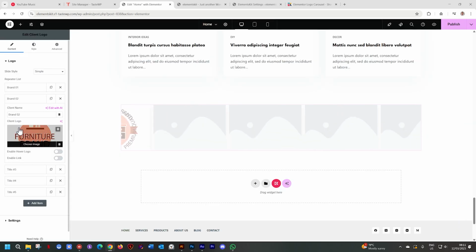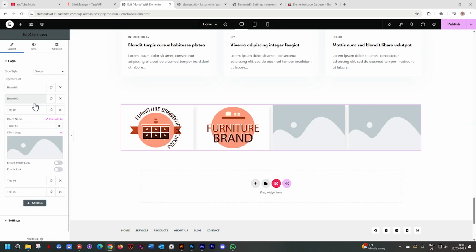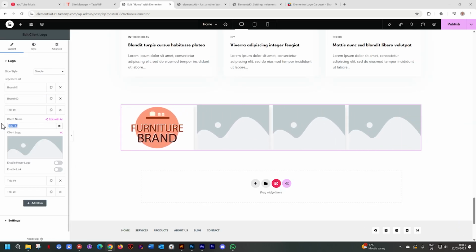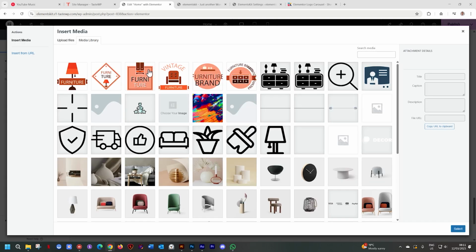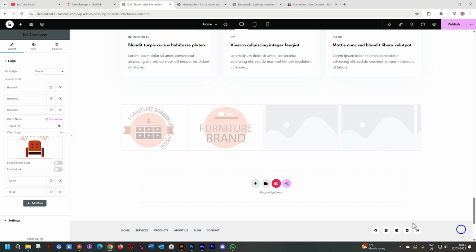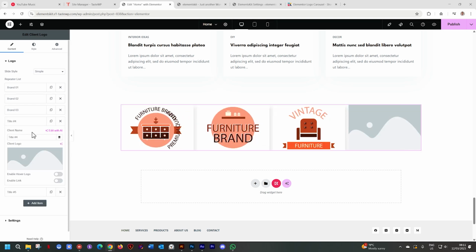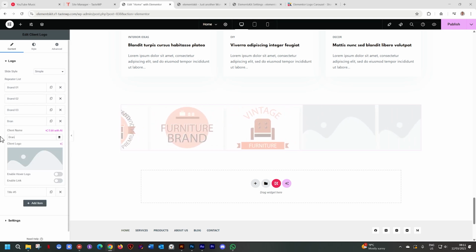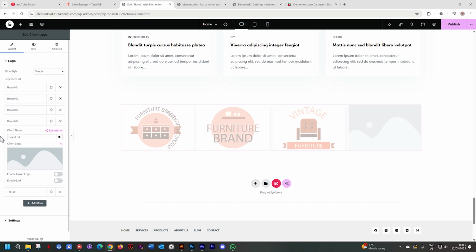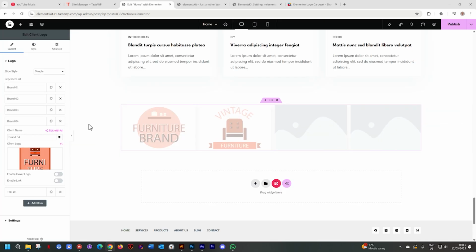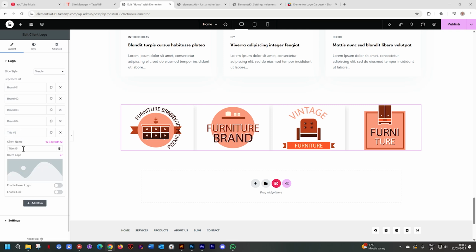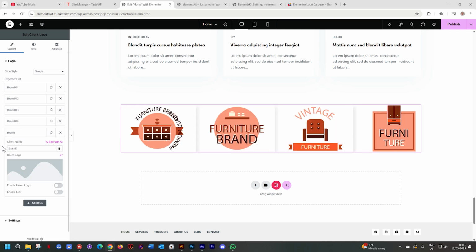And we'll do the same. And because there's no styling here, what I usually would do is build out one of these and then duplicate it to make sure that I keep the same styling for all of the other items. But because there is no styling that needs to be applied here, I can do that on a one-by-one basis. And then let's do the last one, which is brand 5,